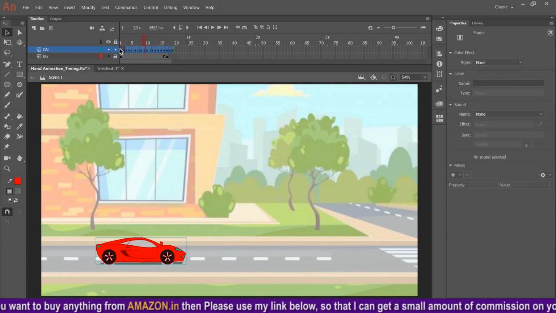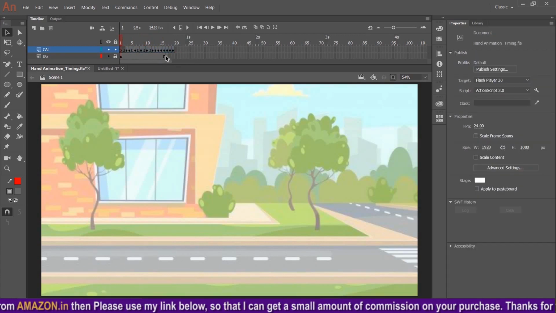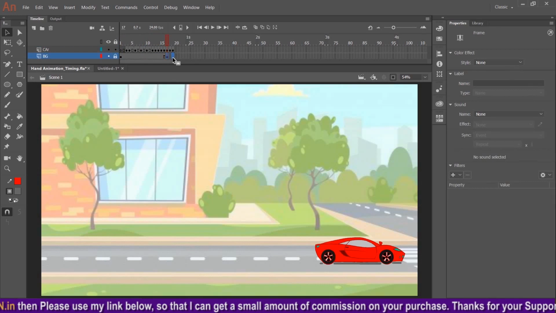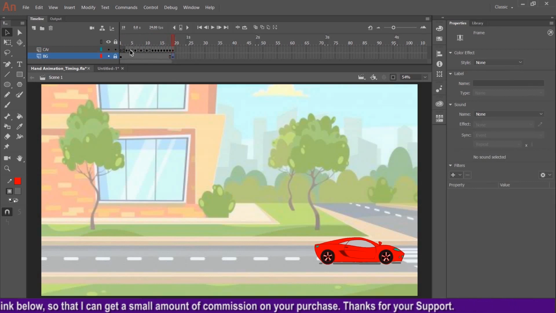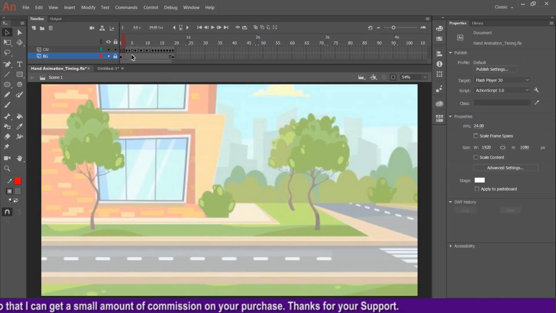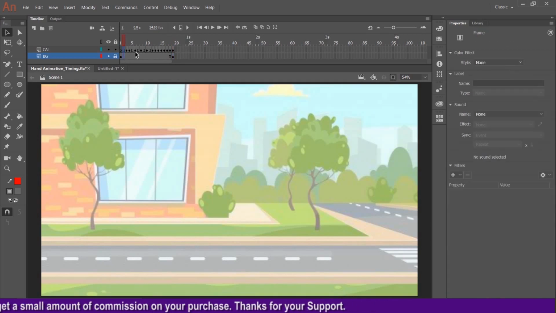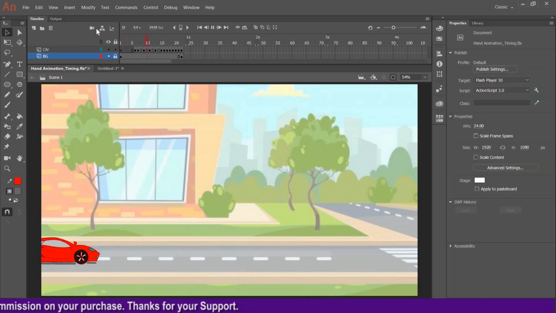What I'm doing, I'm shifting all the frames a little forward so that here some space will be there to show that there is nothing, but all of a sudden a car will enter the screen. Okay, that you can do like this, or by shifting F5. Now you can see.